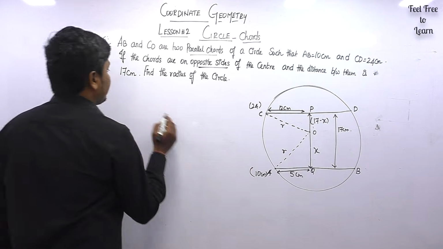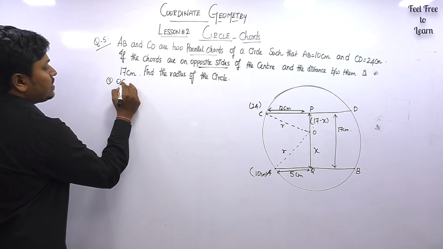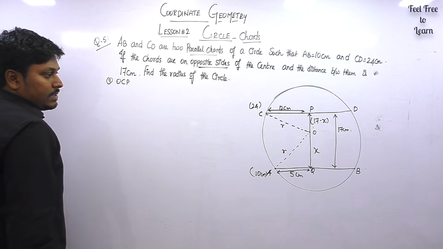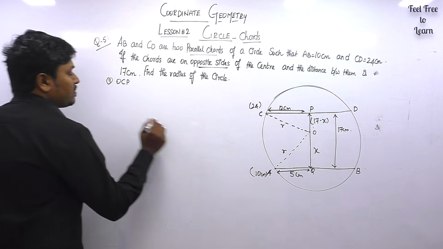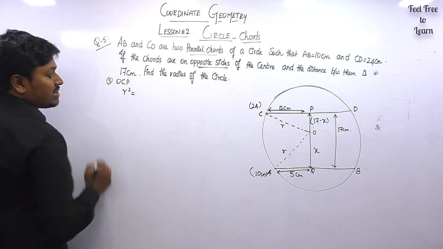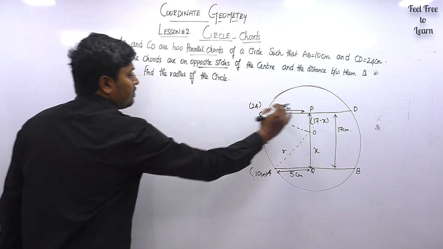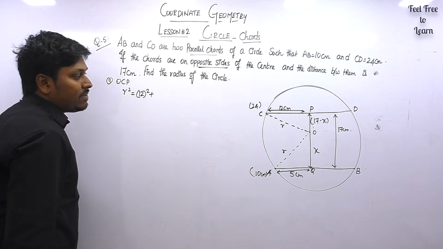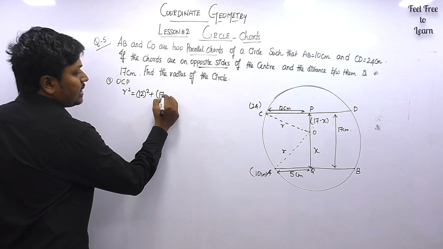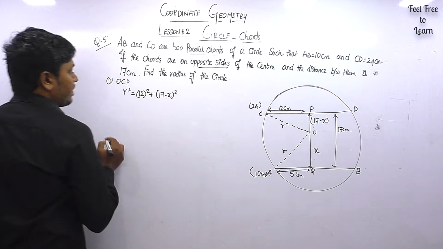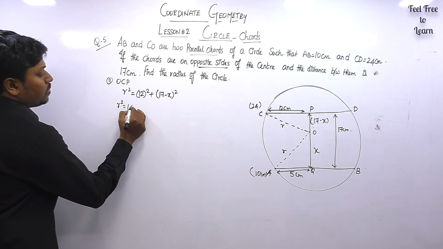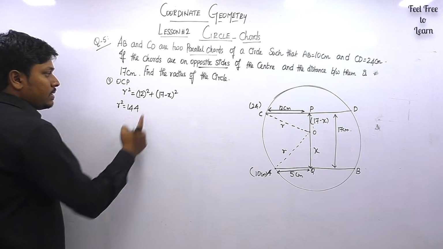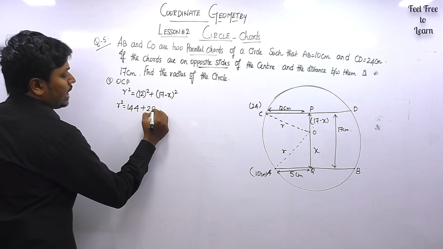So let me take the first right angle triangle, that is O, C and P. So we can apply the Pythagoras theorem. So R square is equal to A square plus B square. So A will be 12 centimeter, that is 12 square, plus B will be 17 minus x, the whole square. So R square is equal to 144 plus